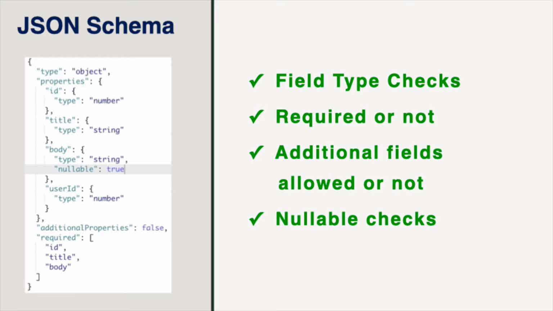With structure of JSON based data we may validate various aspects of our API response. For example, we may validate the type of each JSON field, and we may validate whether required fields are there in the response or not. We may even check whether there should not be any extra field in the API response. We'll also see the checks related to the nullable fields. And there are various other checks available in the JSON schema which you may perform on your JSON data.